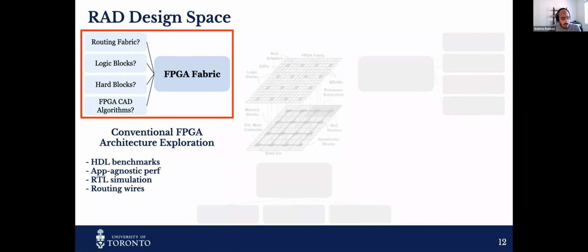For the past, I don't know, 20 or 30 years, we have been doing FPGA architecture exploration. So we know how to do this, and there are already FPGA architecture exploration flows out there that researchers typically use to evaluate new FPGA architectures. If some of you are familiar with the VTR flow,